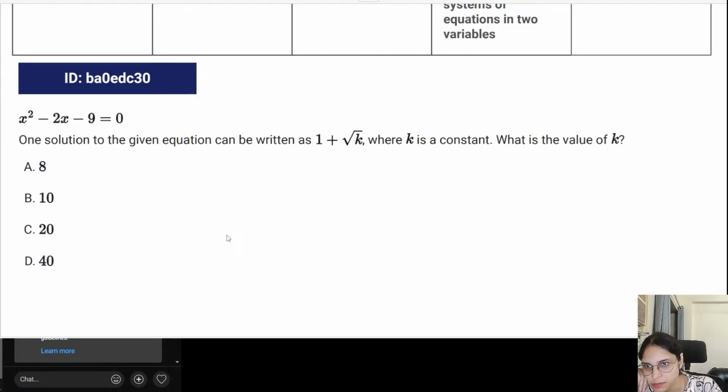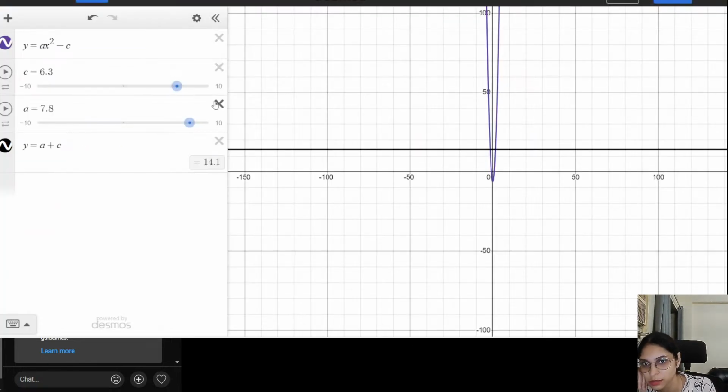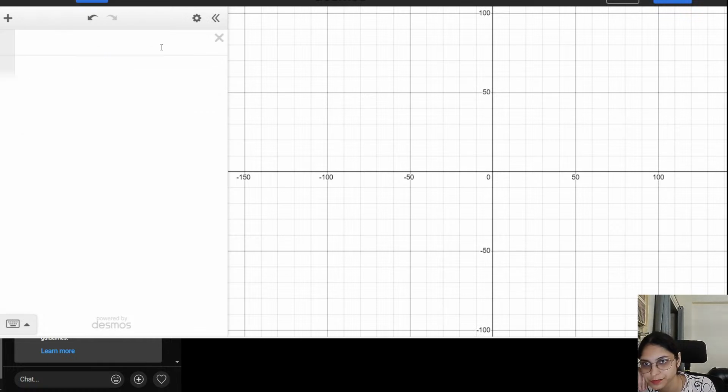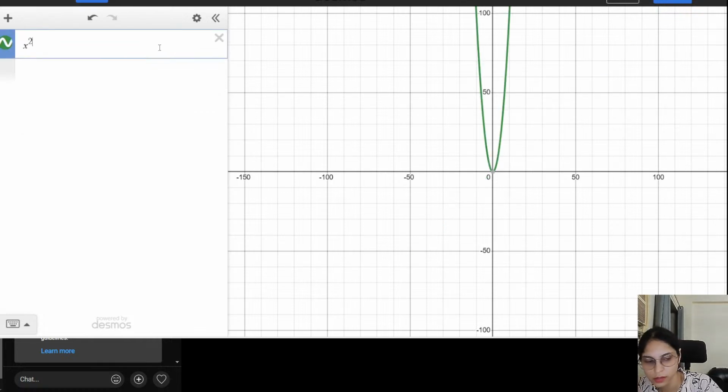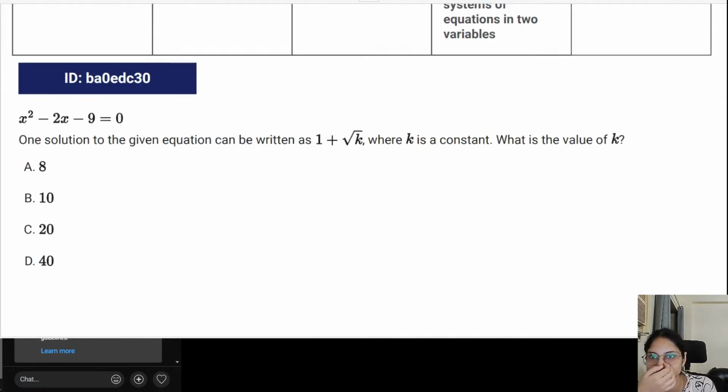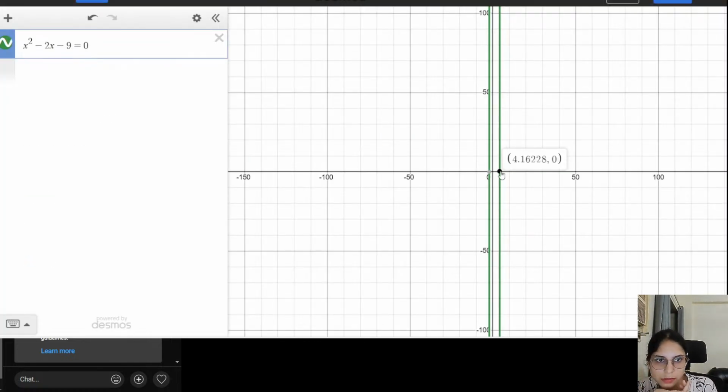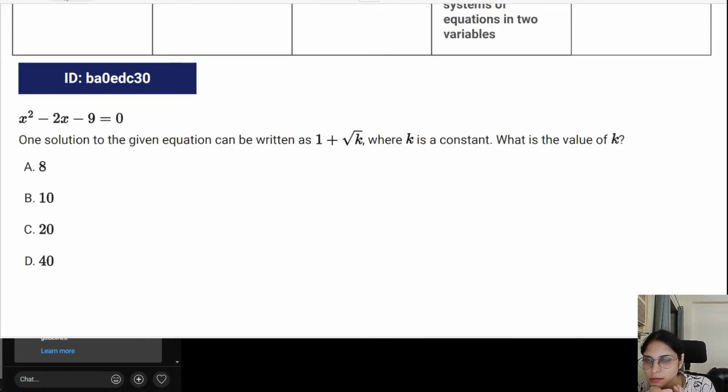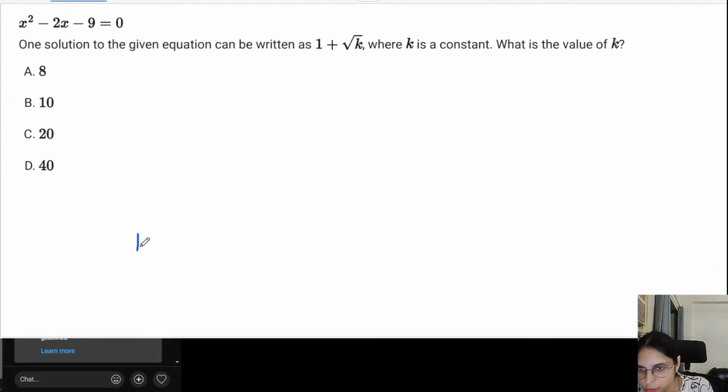Now x squared minus 2x minus 9 is equal to 0. One of the solutions can be written as 1 plus square root k. What is the value of k? So you can use the quadratic formula or you can just go there and get your answer. So x squared minus 2x minus 9 is equal to 0. 4.16, negative 2.16. Then you can just do 1 plus square root k is equal to,